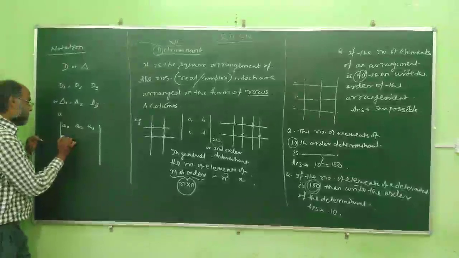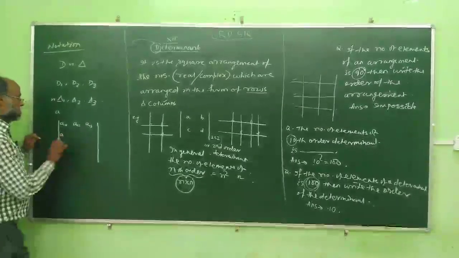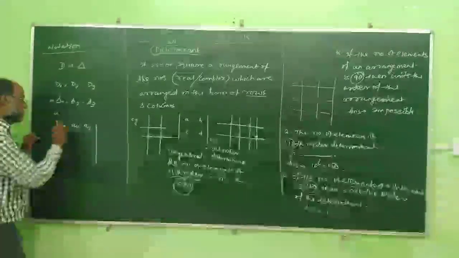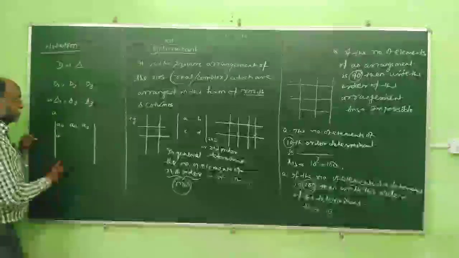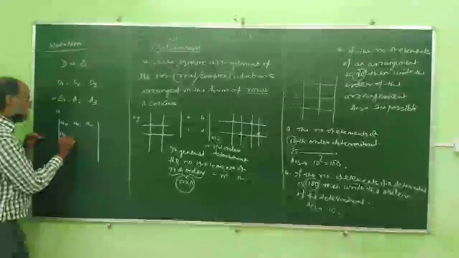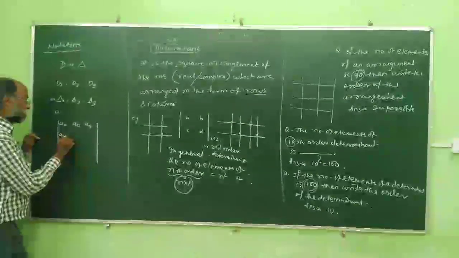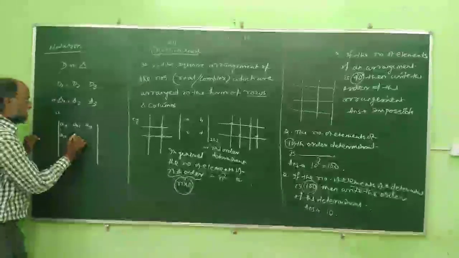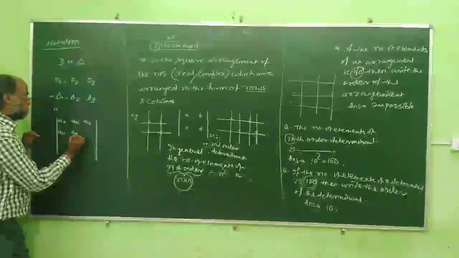Next, A, it is in which row? Second row. It is in which column? First column. First number stands for row, second number stands for column. Next, A22. Next,